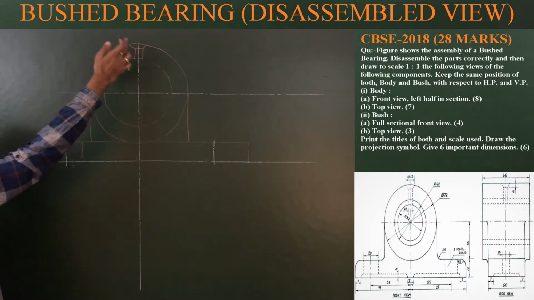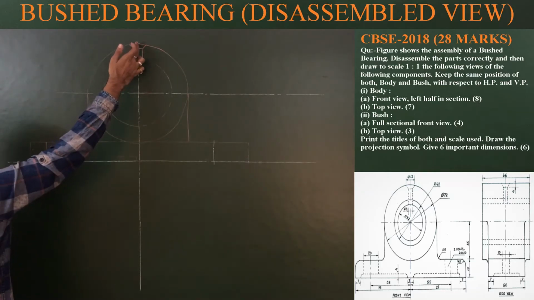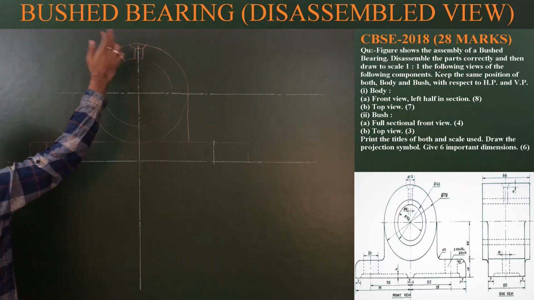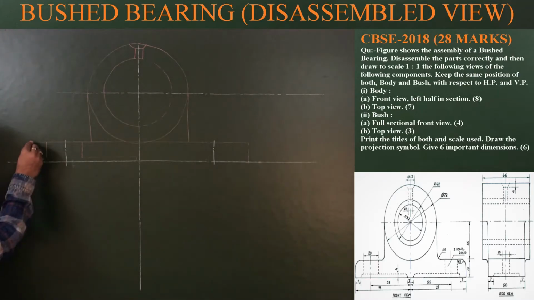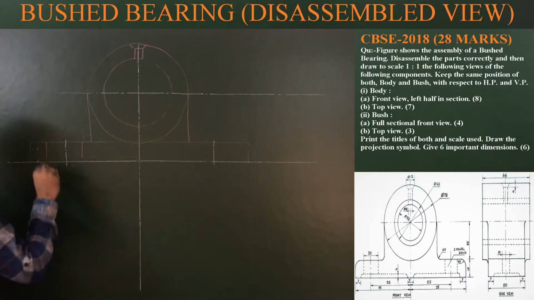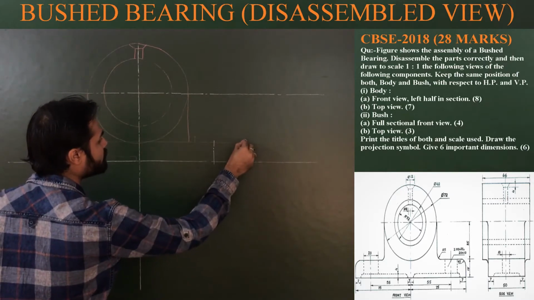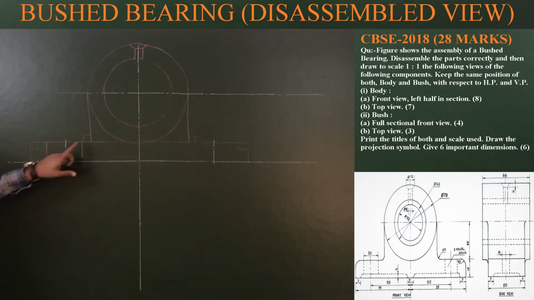So for the left part, at 3 mm, 4 mm below and 3 mm, draw a line parallel to the axis and then extend it for diameter 12. Now mark the fillet centers. For this corner the fillet radius is 5, so 5 and 5, this is the center. Similarly for this corner 5 and 5, this is the center, 5 and 5, this is the center, and from this point 5 and 5. So these are the 4 corners or 4 center points for the fillet.